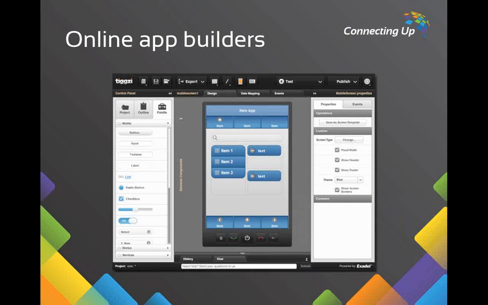You need to consider what you want your app to do before considering if these online app builders will do it for you. A lot of this kind of functionality can be achieved through a good mobile website or even a good responsive website without the hassle of having to consider multiple platforms and the ongoing maintenance and upgrading of those.